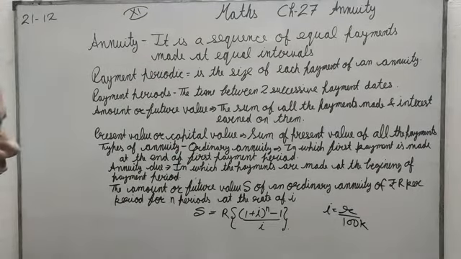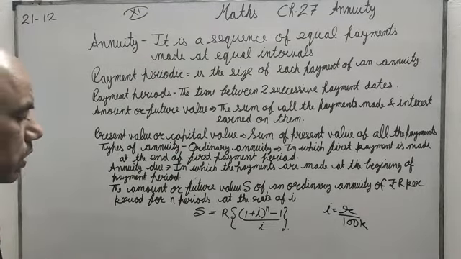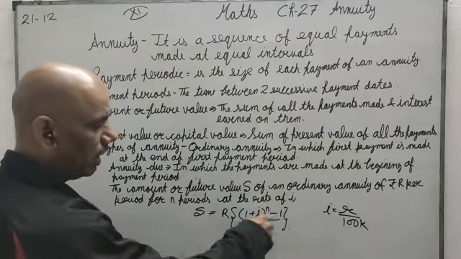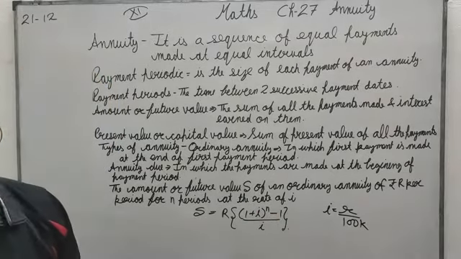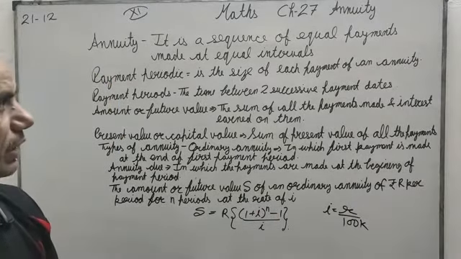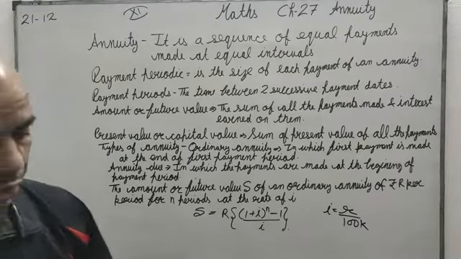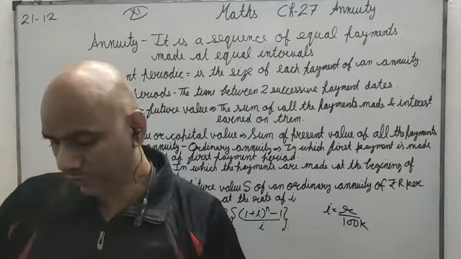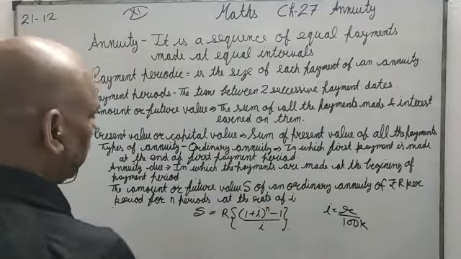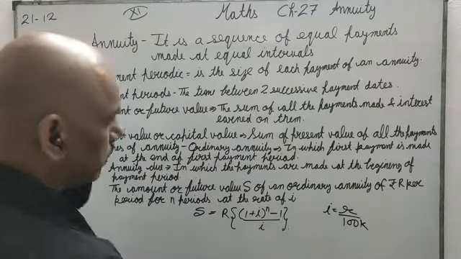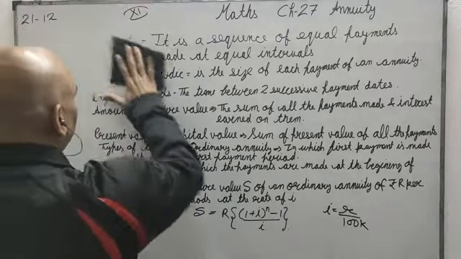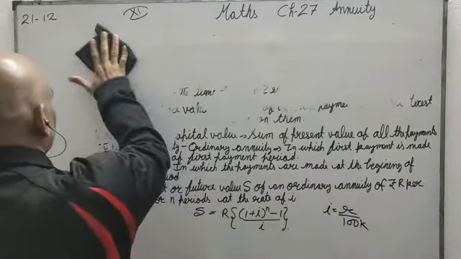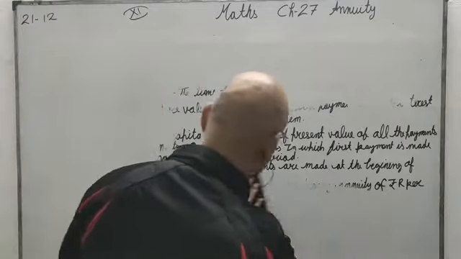So with this formula we will calculate only three types of questions. In most questions we will calculate S, sometimes we will calculate R, and sometimes they ask you to calculate n. So these are the three types of questions in the entire exercise, and thereafter it is going to finish in one lecture only. So today we are going to finish one of our chapters, that is chapter number 27. You learn this formula and a few terms, and thereafter the chapter will be yours. Thereafter this chapter will be finished. So here we go. Let us see a few questions based on it.